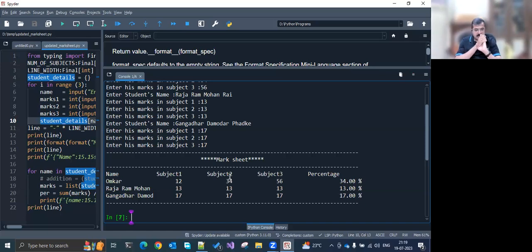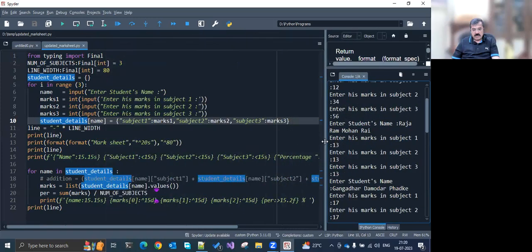And that's almost perfect, except for the alignment that has been missed out in the percentage. Why did that happen? क्या गलत किया आपने? This is best. You have truncated the marks name. 15 या 20 का जो भी लिया आपने उसके आगे नहीं जाएगा. That's okay. Subject 1, subject 2, subject 3. Percentage you went out of order. The title has been correctly printed. Marks have not been printed. So let's see what went wrong. Did you change the